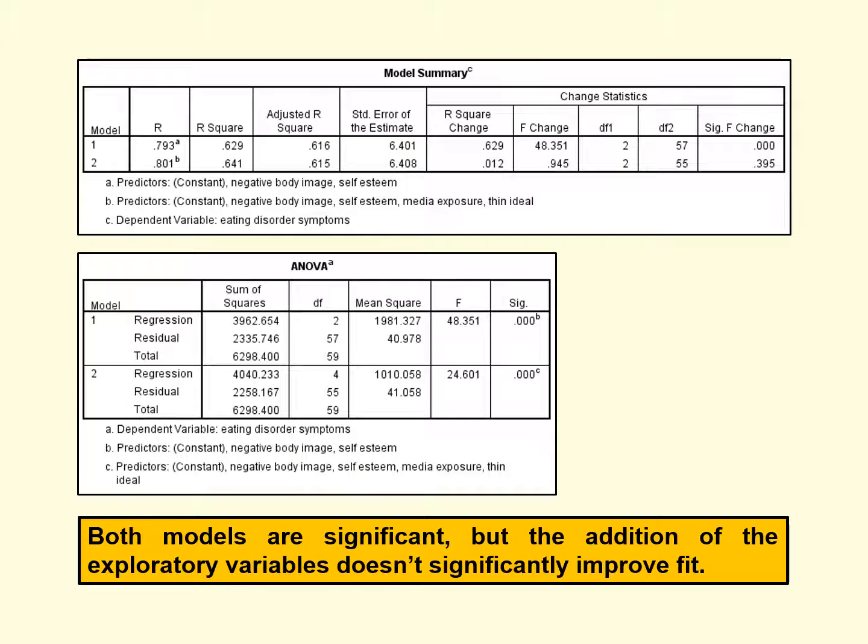We have two models, really three because there's the compact model, but we have two augmented models, and both models are significant. But the addition of those exploratory variables doesn't significantly improve the fit of the model. And the reason I know that is if I look up at the model summary, I can see that the first augmented model, including just negative body image and self-esteem, explains about 61%, 62% of variance in the outcome variable. And that's, of course, significantly different than nothing, which is what the compact model is explaining. Then if we add in our second augmented model, thin ideal and media exposure, we go up to about